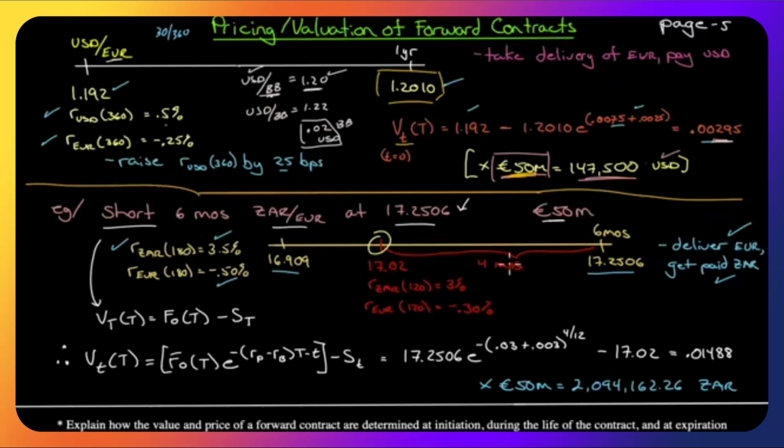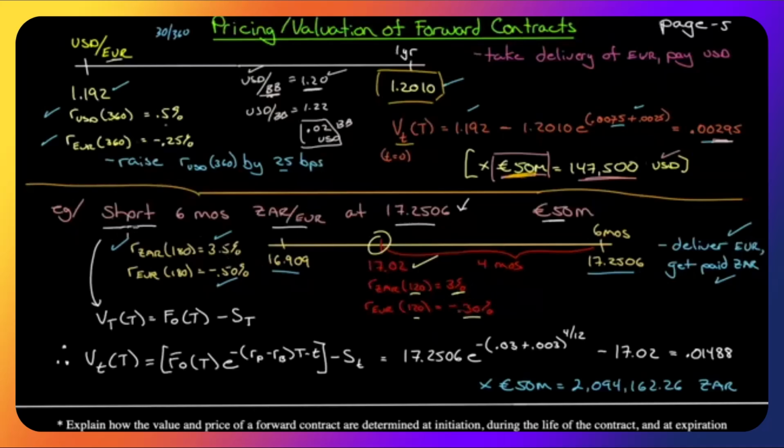2 months have passed, so there are 4 months left. And we observe the spot exchange rate is now at 17.02. We need interest rates. We have to look for 4-month interest rates in each country. So we need 120-day spot rates in each country. South Africa, 3%. Notice it was 3.5, now it's 3. And in the euro, negative 0.3% from negative 0.5. So this differential was 4%. This differential is